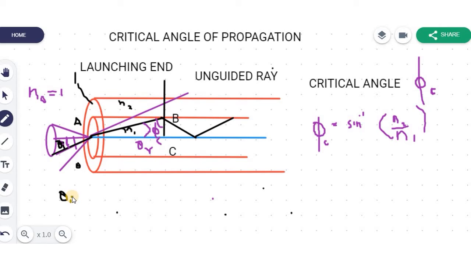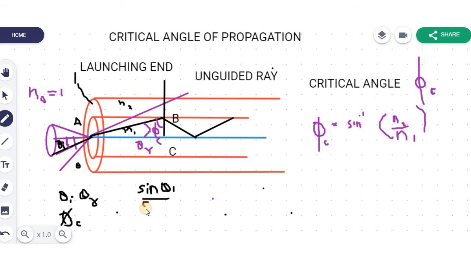And it strikes the core-cladding interface at phi. I have written it as phi c, or I can name it as phi. In this special case, the incident ray is theta I, the refracted ray is theta r, and this angle I name as phi c. So, by Snell's law, what will I get? Sin theta I